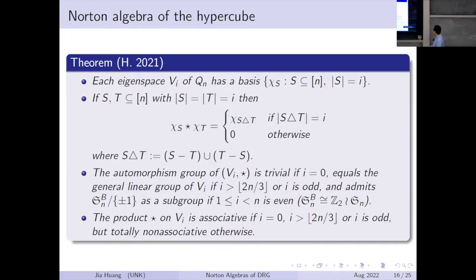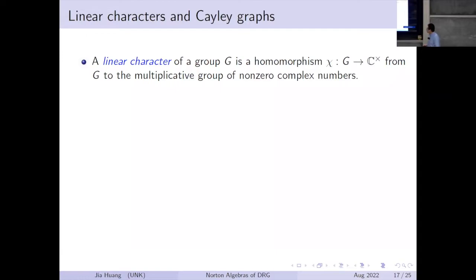Shows up there, not here, but actually our method uses something called linear characters, and I want to go over that a little bit here. So you can look at a group G, and you look at a homomorphism chi from G to the multiplicative group of C, and this homomorphism is called a linear character,